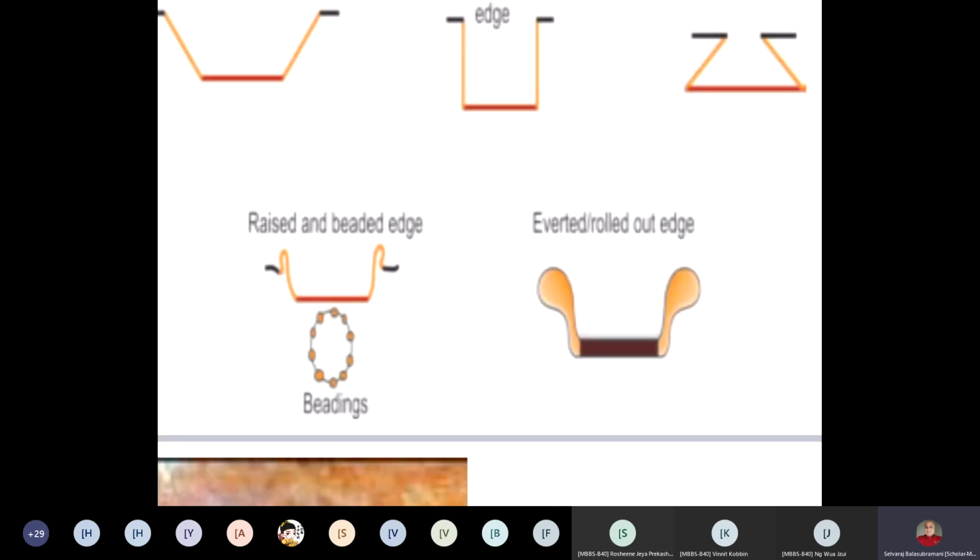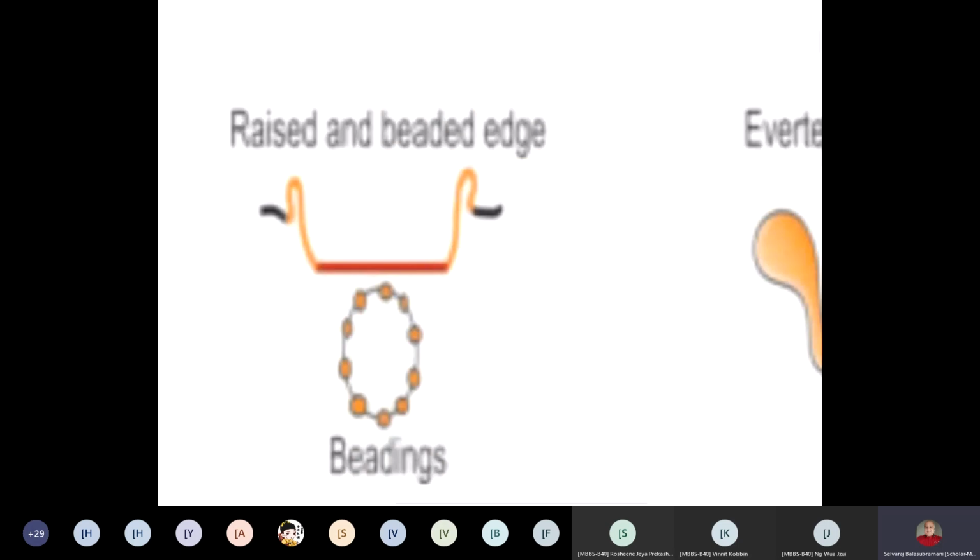Suppose the edge is like this. This is called undermined edge, undermining the skin. This is very common in tuberculous ulcer. Okay, and sometimes you can see an edge like this, raised and beaded edge. Not only is it raised, it is bead-like. So you can see the bead-like one. This is common in basal cell carcinoma or rodent ulcer. Raised, but it is beaded. Suppose it is raised, but it is everted also. Everted edge. This is very common in squamous cell carcinoma.